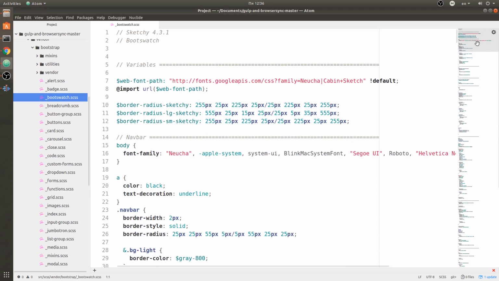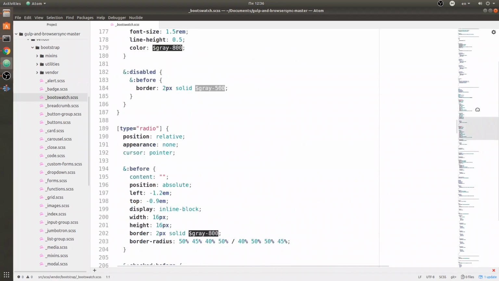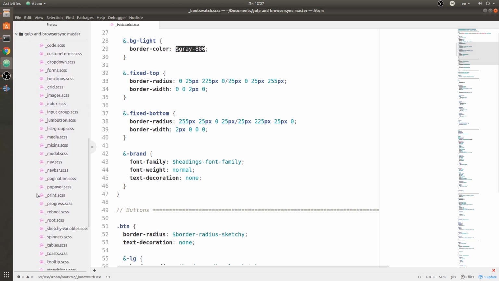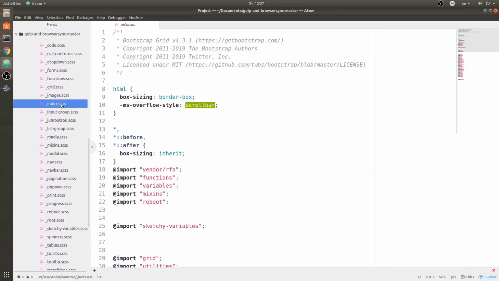And also there is a lot of overrides of Bootstrap components. So keep in mind that Bootswatch will override your Bootstrap components, and you need to place it after all of your components. So just like I did with my index.css,